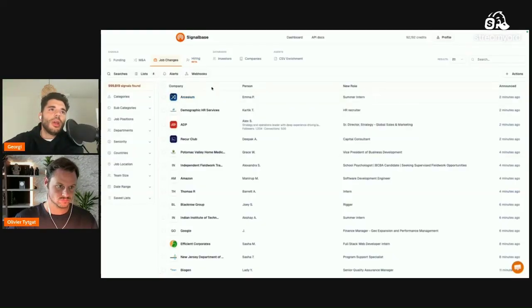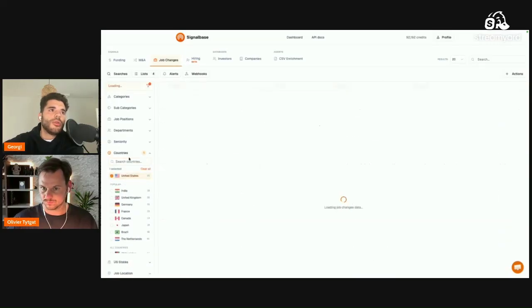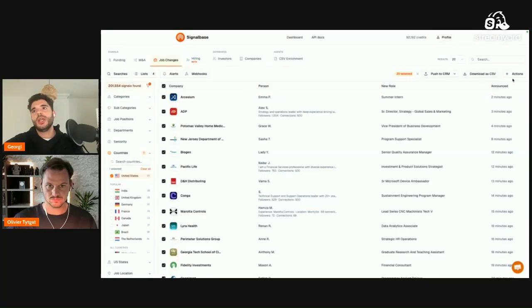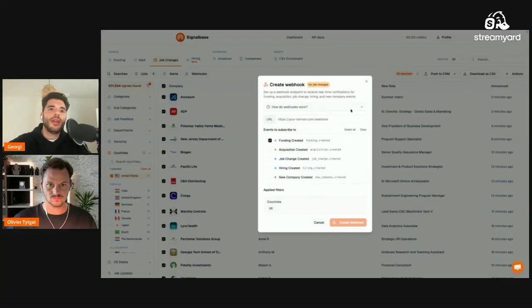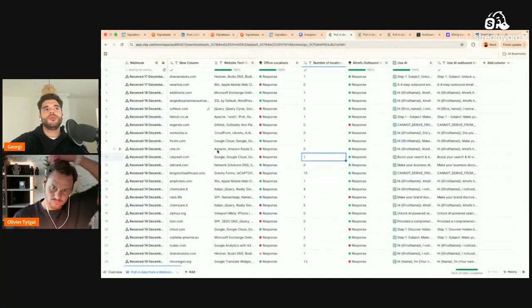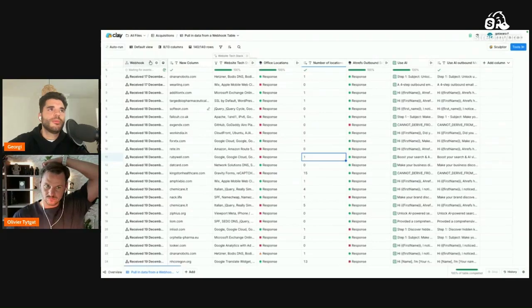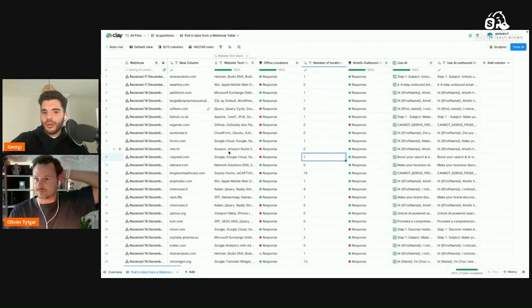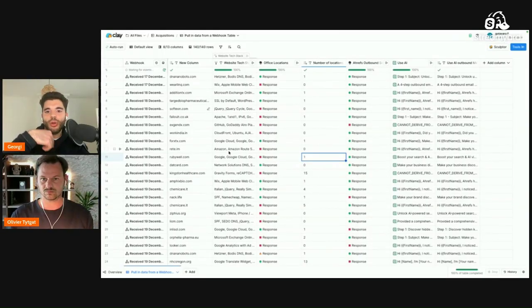Then based on that, what I simply do is layer down the filters, and Oliver is going to showcase that too, but I simply build some kind of filters from the left or via the MCP. And then from here, I just create a webhook, right? And I can select whether I want all of them or I want dedicated events. Once a webhook is built, I just go to Clay, push it here. And then here is where the real job starts, because it's not hard to build your evergreen play. It's hard just to know your custom signal, because by the time you know it and you know it's proven to be working, then you can scale it further.